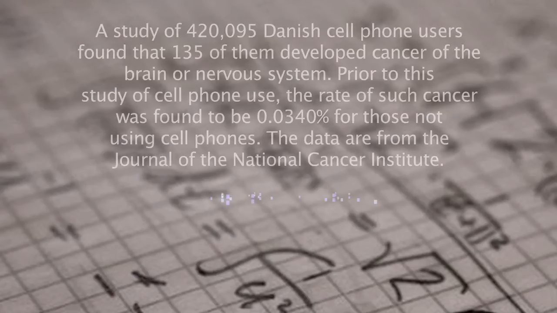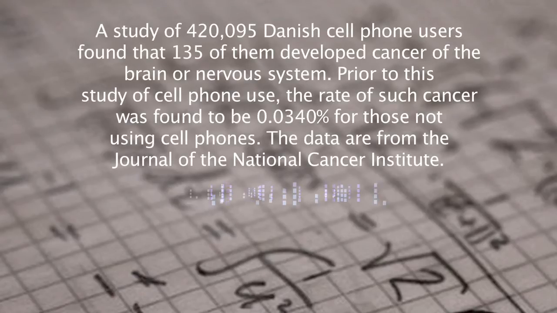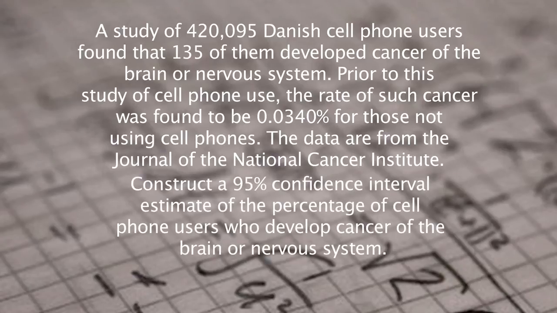A study of 420,095 Danish cell phone users found that 135 of them developed cancer of the brain or nervous system. Prior to this study of cell phone use, the rate of such cancer was found to be 0.034% for those not using cell phones. The data are from the Journal of the National Cancer Institute. Construct a 95% confidence interval estimate of the percentage of cell phone users who develop cancer of the brain or